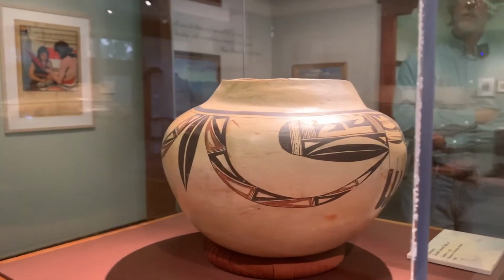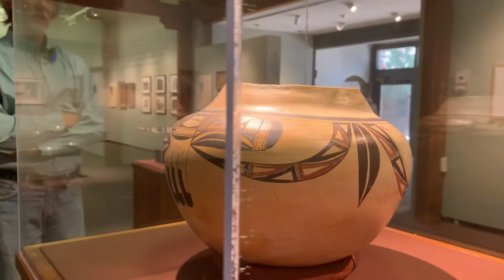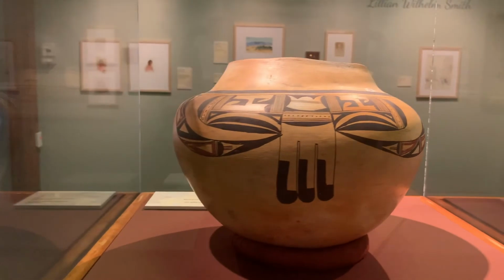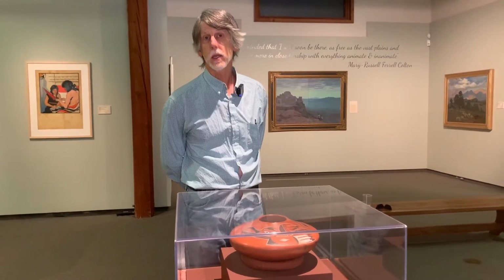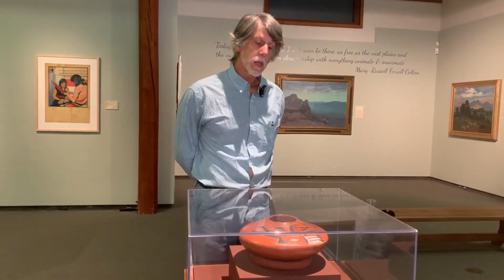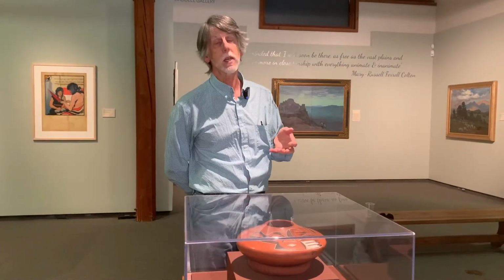One of the great things about Nampeyo, too, is that her career, along with Maria Martinez would be another example, coincided with the golden age of Southwestern tourism. The Santa Fe Railroad had recently arrived in the Southwest, laying track to California, and the Santa Fe was instrumental in creating a market for Southwestern Native American artwork in conjunction with the Fred Harvey Company. The Santa Fe Railroad used Native American and Anglo-American artists to create material for promotional purposes, but they also used them to draw attention to their facilities, in the case of the Fred Harvey Company,